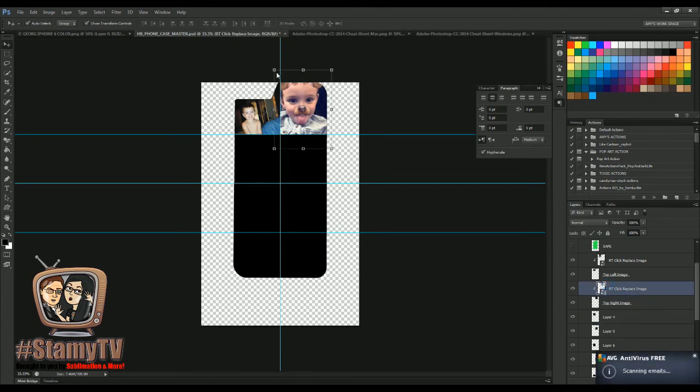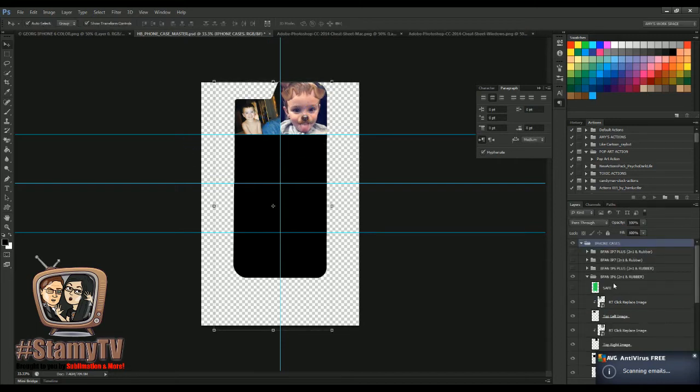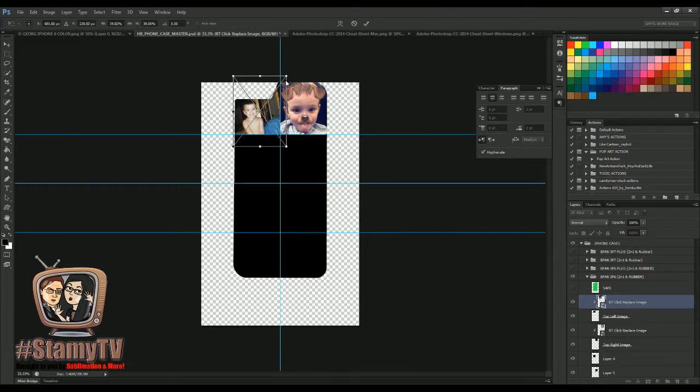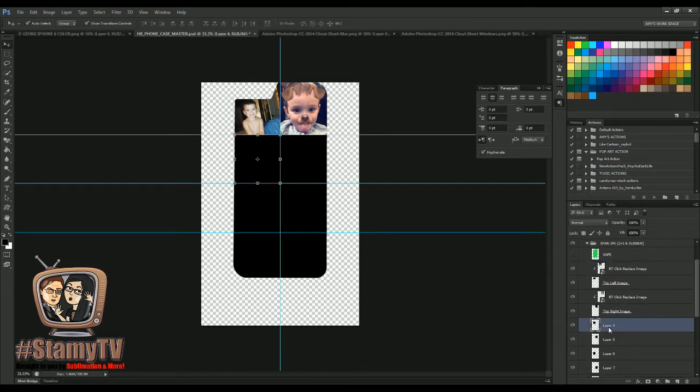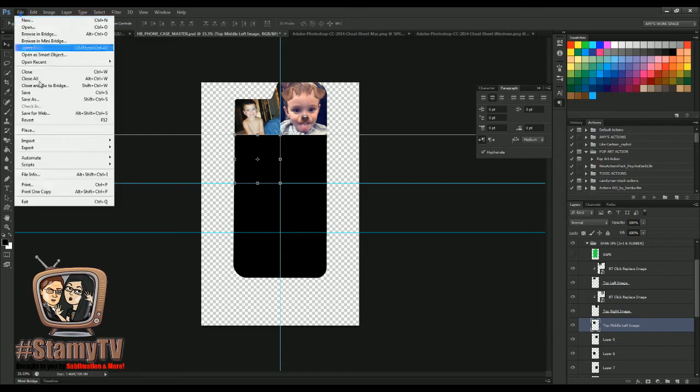Now I'm going to resize this to where I want it in there. Okay, and if I wanted to make him a little bigger, I can. There we go. Alright, so now we're going to go back down here to the next one, which I'm going to name top center, top middle, left image. Okay, now I'm going to go File, Place,